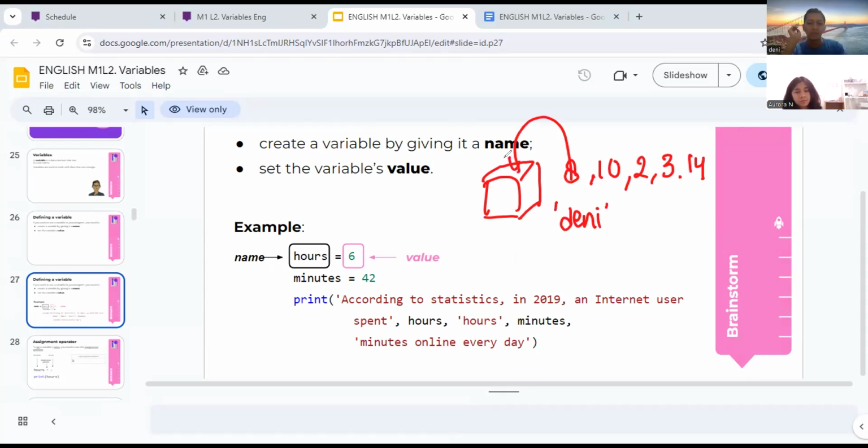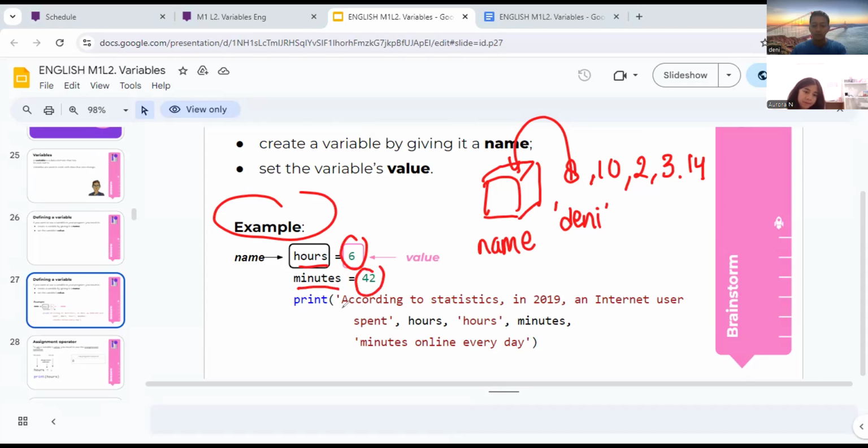Each variable can have a name. For example, we have a variable named hours equal to 6, and a variable named minutes equal to 42.